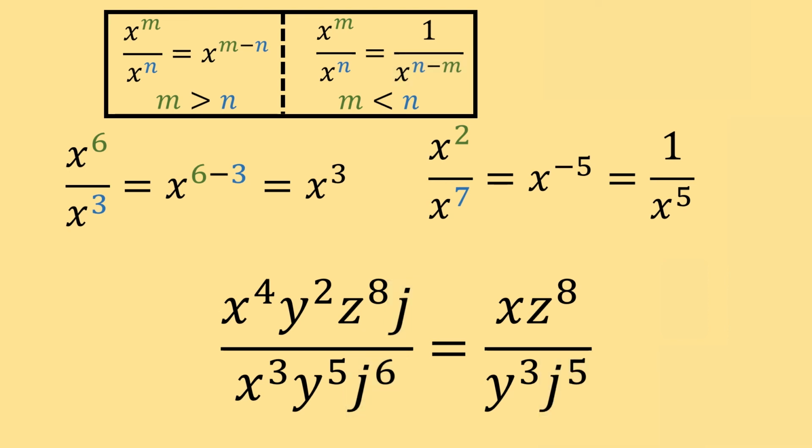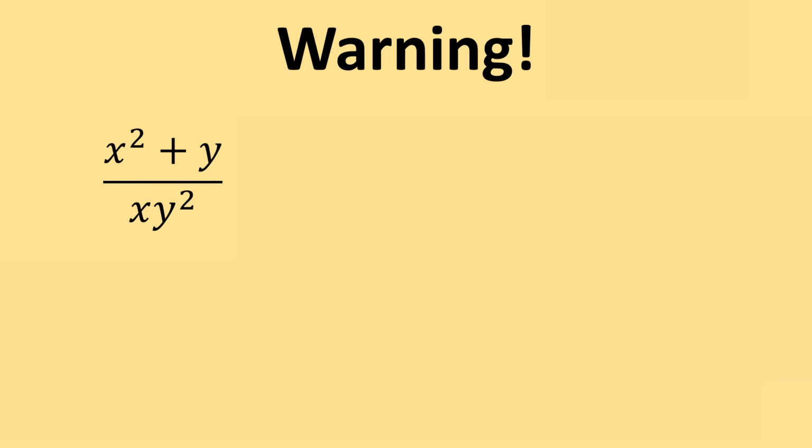Now, in each one of our problems, we never had addition or subtraction within the numerator and the denominator. And so if you have addition or subtraction in between your variables in the numerator and the denominator, you have to be careful. In other words, consider this problem here where I have x squared plus y all divided by x times y to the 2nd power. And we could potentially make a mistake here where we just say, all right, x to the second is greater than x to the 1, so I have x to the 2 minus 1 in the numerator, which will give me x. I have a larger power of y in the denominator. It's going to be 2 minus 1, so I'm going to get y in the denominator, and I'm done.